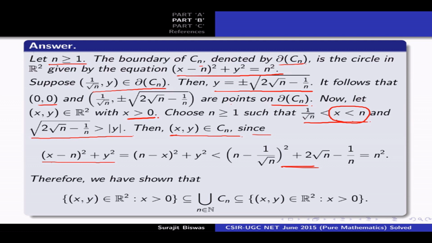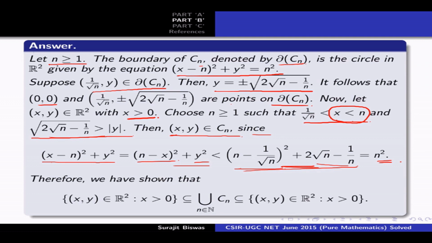So n minus x is positive, and since x is bigger than 1 by square root n, this quantity is less than or equal to (n minus 1 by square root of n) whole square plus y square, and y is less than this. So we substitute the value, and simplifying this we will get n square. So therefore we have (x, y) in Cn, and since (x, y) was arbitrarily chosen with just x greater than 0,